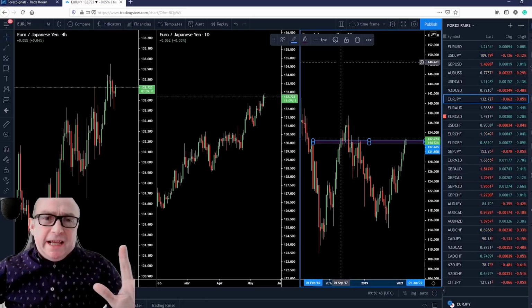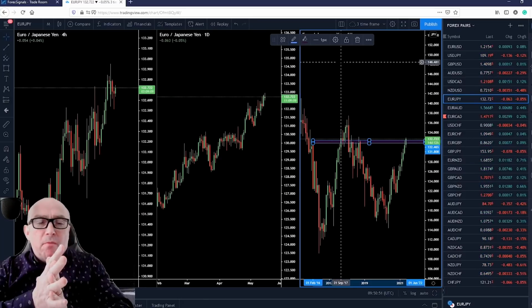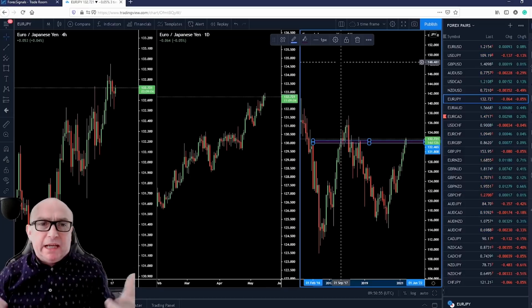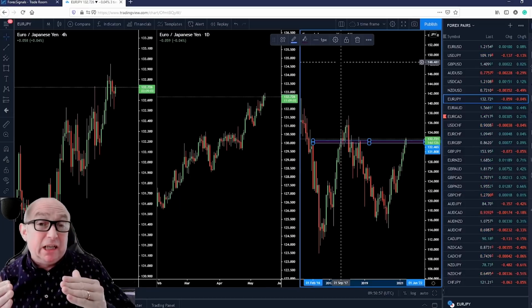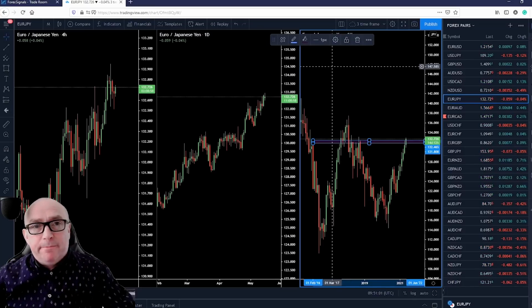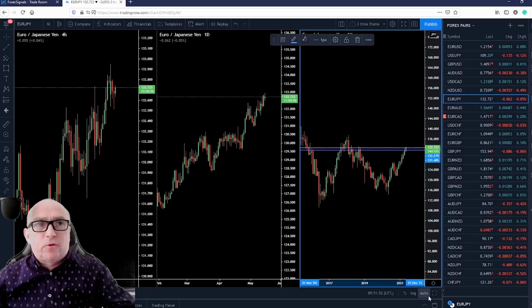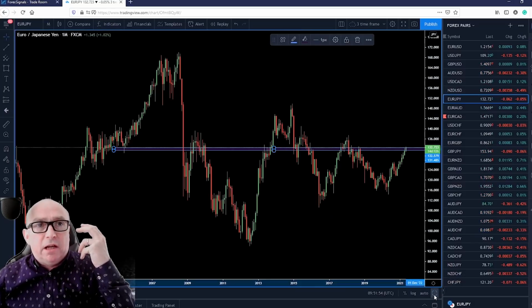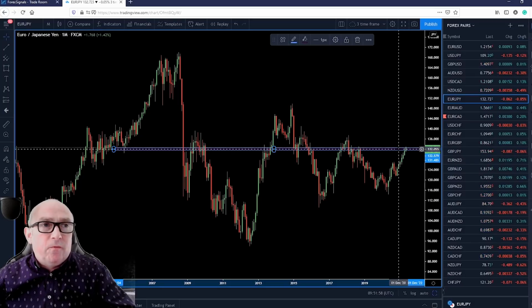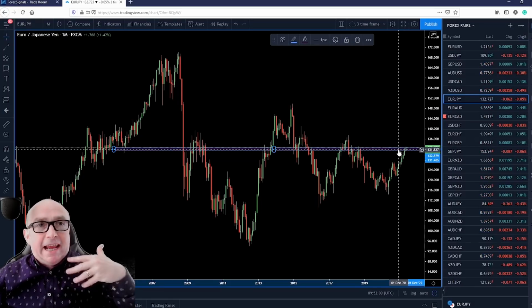Okay, I also want you to look here at a currency pair that I have got my eye on for a potential reversal. Not there yet, but I'm looking to see if any price action can give me clues that this currency pair is going to respect this really important level. Now look here on the right of the screen. This is the monthly chart. Let me just expand that out for you at the moment. So you can see here we are at a crucial level of resistance in the euro against the Japanese yen.